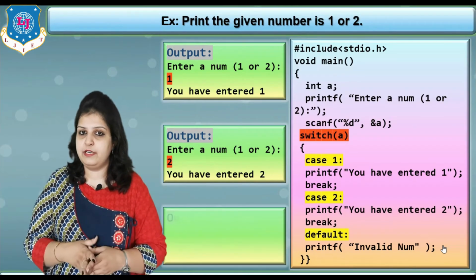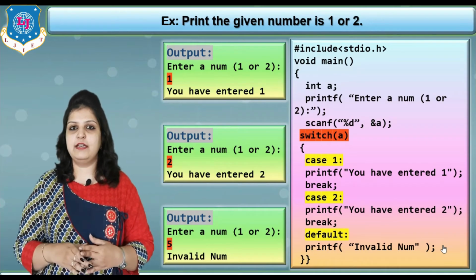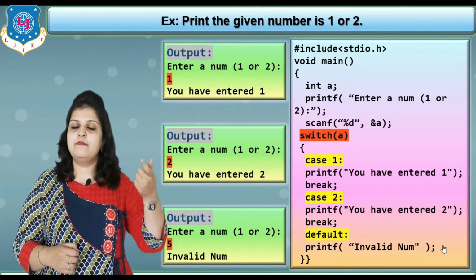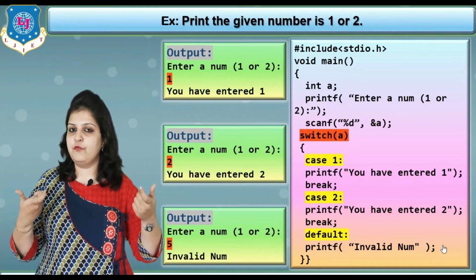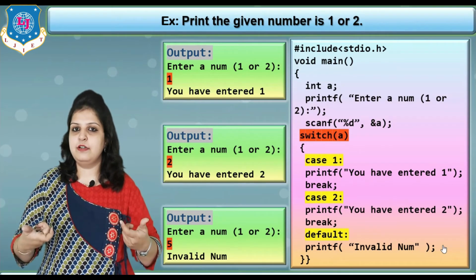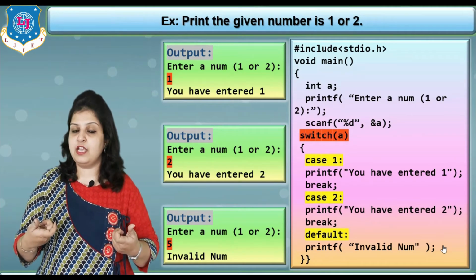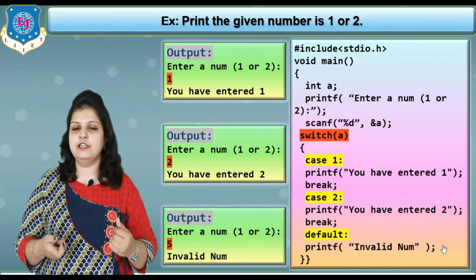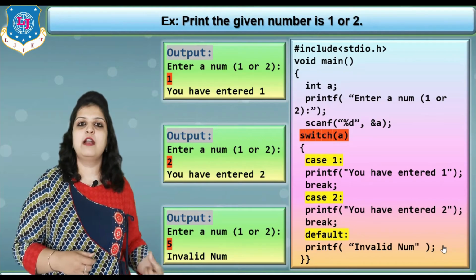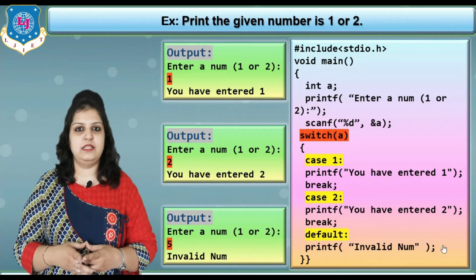Now what is the third possibility? See the last output. If I enter the number 5, then how will it check? In the switch brackets the value is 5, and with case 1, is 5 equal to 1? Match or no? No match. Then check for another case, 5 is equal to 2, again no match. So both of our cases will not match. In this case our default case will be executed, and in the default case we have written "invalid number," so our output is "invalid number." So in this way we can use the switch statement.